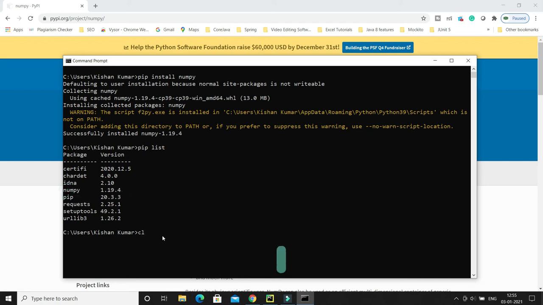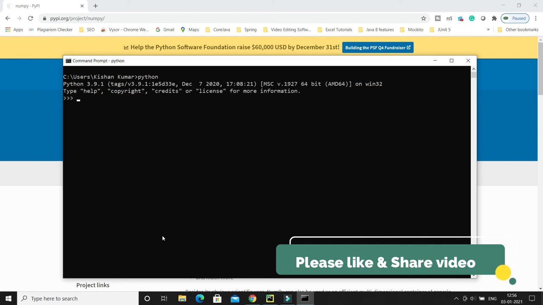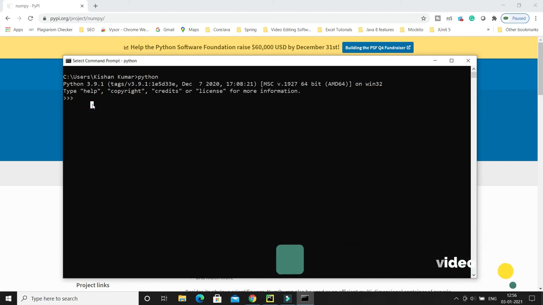Now what I'll do, I'll go to the Python terminal again. I will write python and I navigate to the Python terminal. Now I'm going to import the NumPy library, import numpy, and if I press enter, then here you can see there is no error. That means the NumPy library is installed on my machine and I can use it while creating any script or writing some code. Now we can use the NumPy library, right?